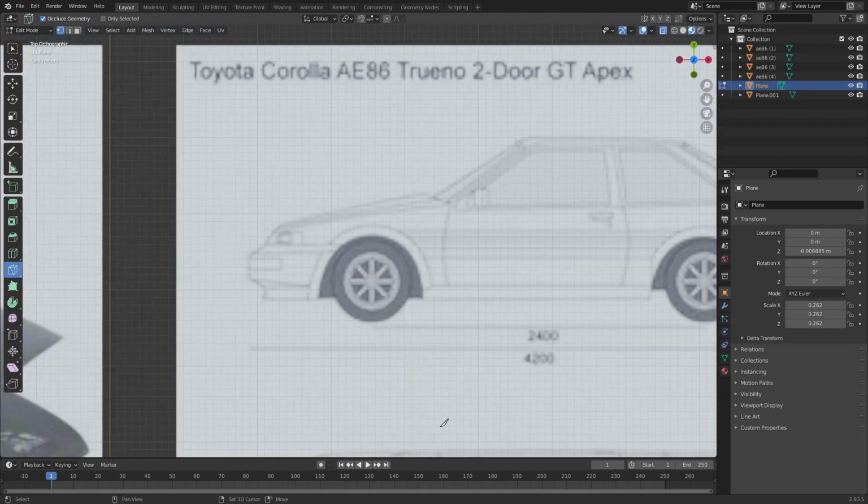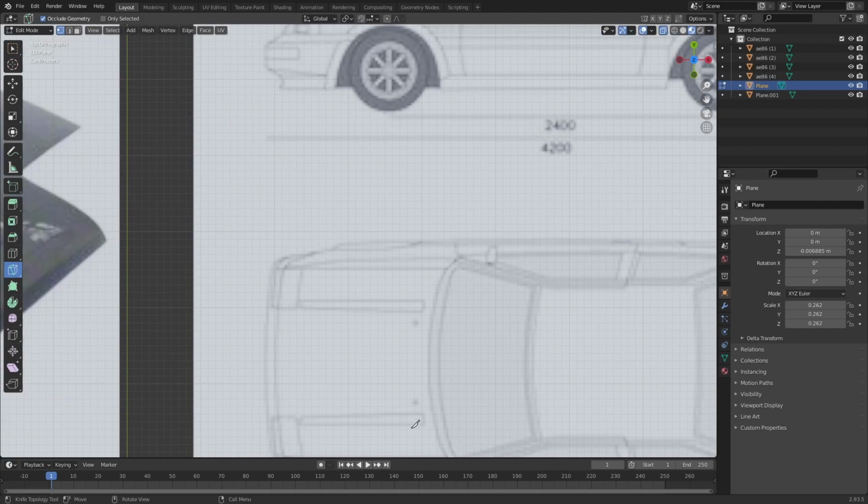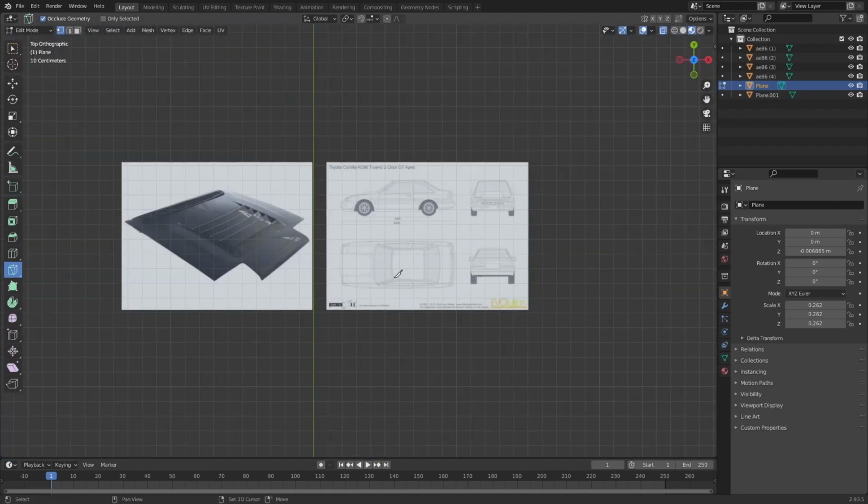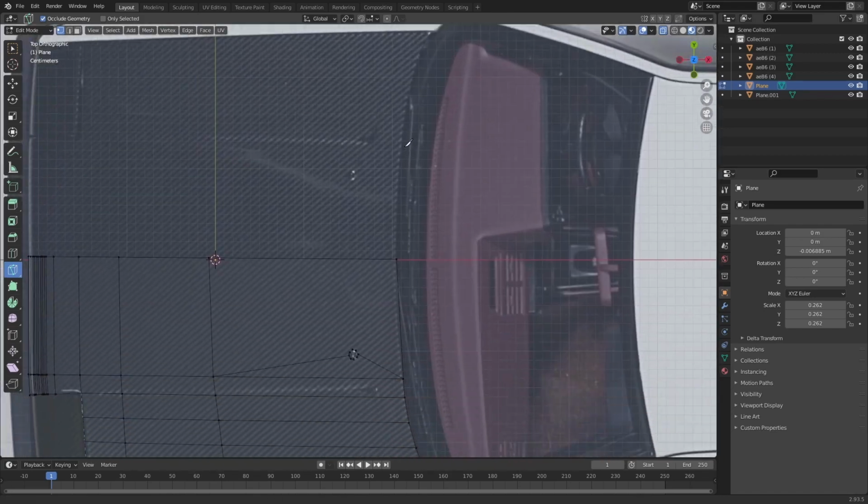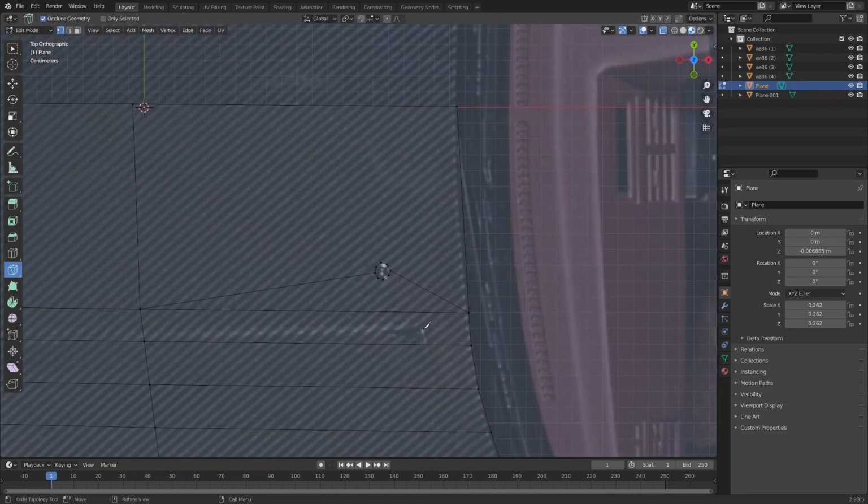Go into my other reference image, take a look. It looks like that. So I'll cut it out and make it look good. Just cut that out. Get like a really